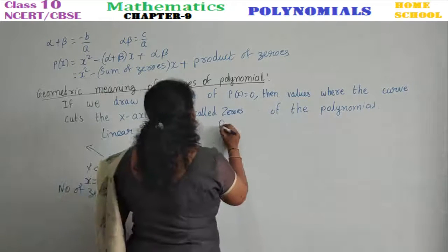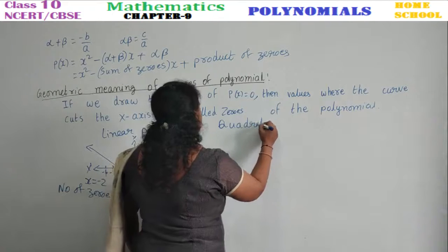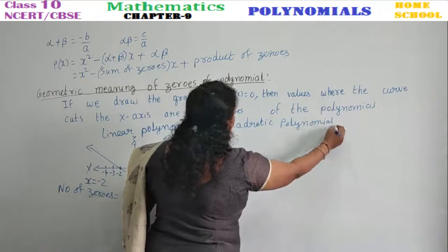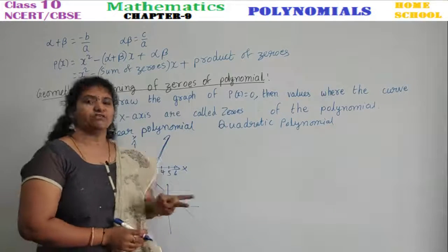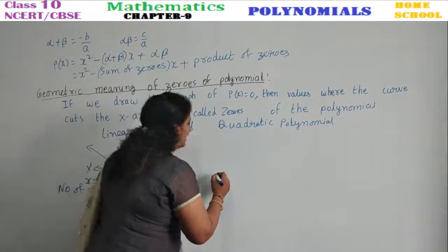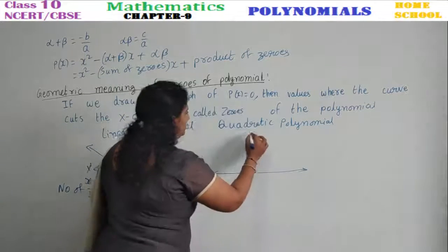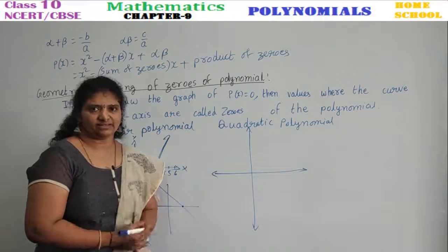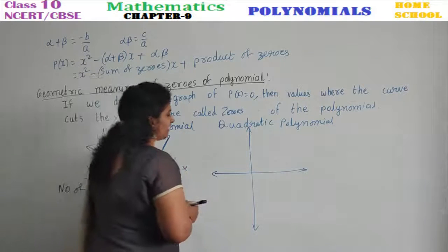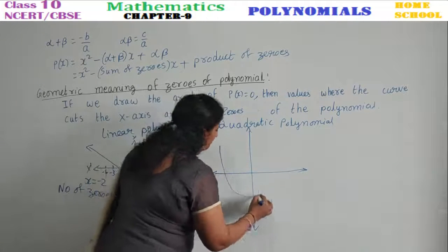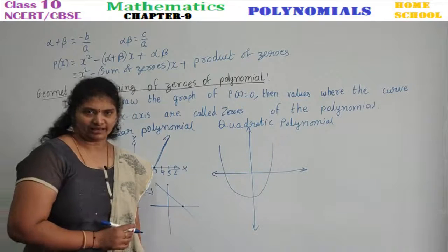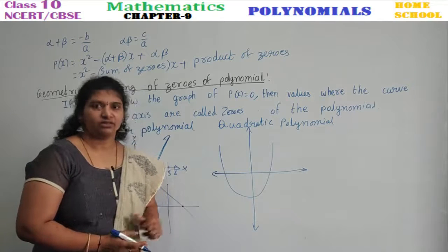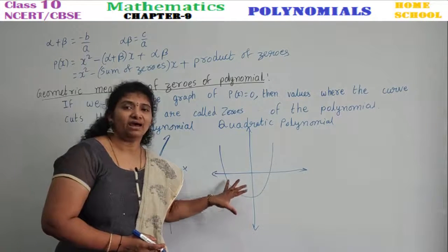Coming to quadratic polynomial. What is quadratic, children? If its degree is 2, it is called a quadratic polynomial and it will have 2 zeros. Similarly in your graph, you can see this by seeing 3 cases here. So, what are the 3 cases here? Your quadratic polynomial graph will be like this. It may not be a complete U or V, it will be in this shape. This shape is called a parabola.